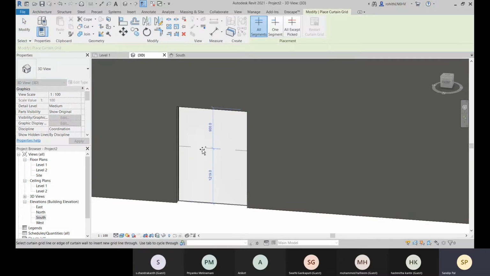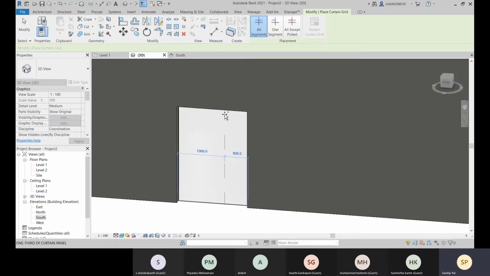So here you can see that we can place grids like this, horizontal and also vertical. When you place your mouse on any vertical side, then you can place grids horizontally.